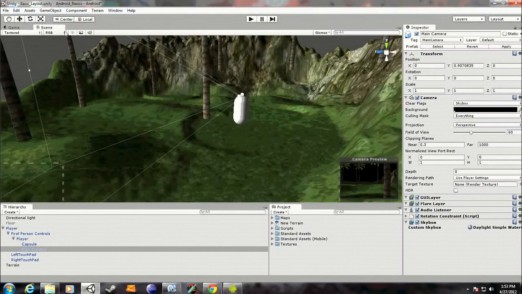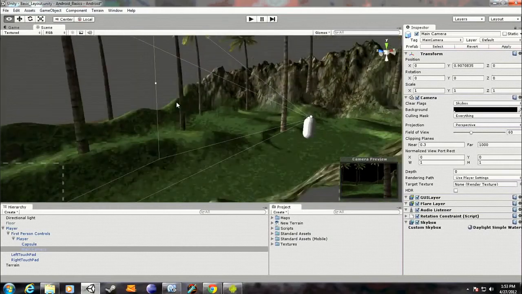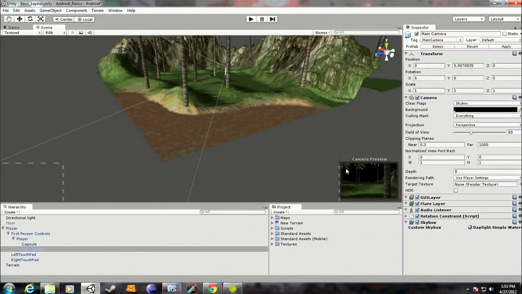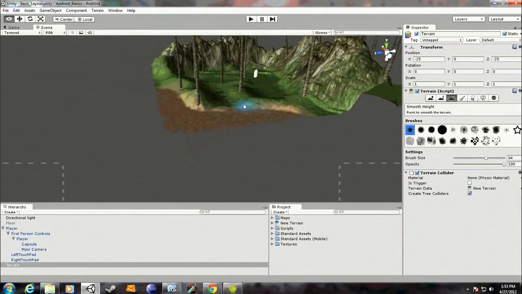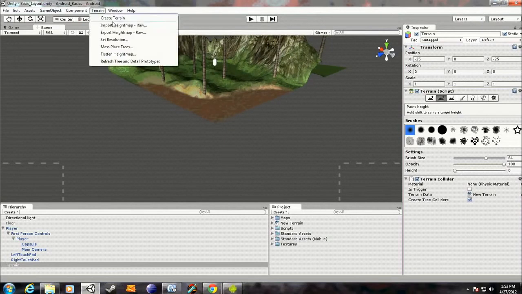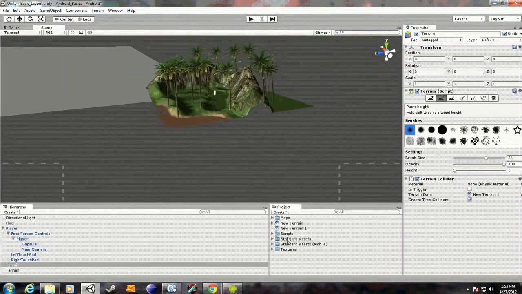So now we're going to add a little river into the scene. So for this you're going to want to bring this all into one. It's like this. And you see how you have a little camera preview down here? You want to keep that. You can, if you click off for some reason, if anyone knows how to pin that there, that would be a massive help. But yeah, so what you want to do, what I like to do, is you create another